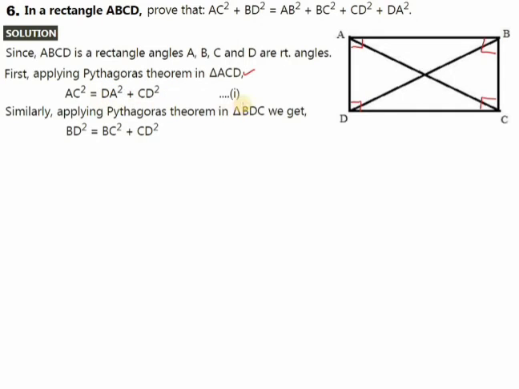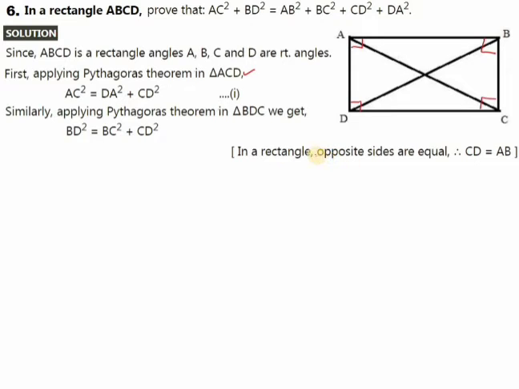Similarly, we will apply Pythagoras theorem in triangle BDC. So look at BDC. BDC is this triangle. Okay, here we have 90 degrees, so the side opposite to this, that is BD, becomes your hypotenuse. So that's why you have hypotenuse square is equal to perpendicular square plus base square. Okay,